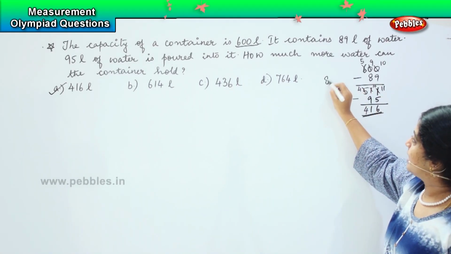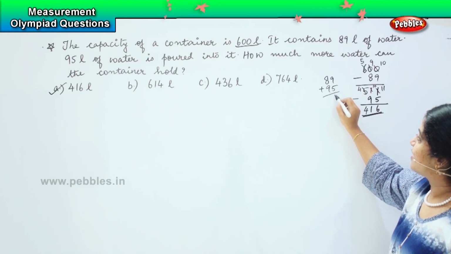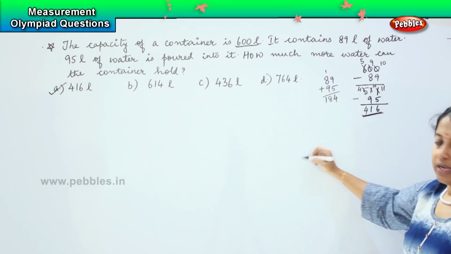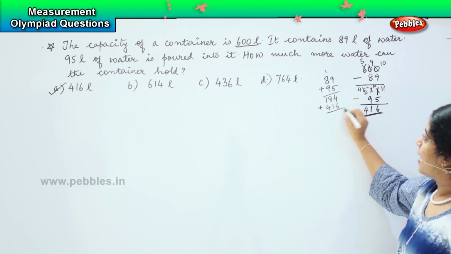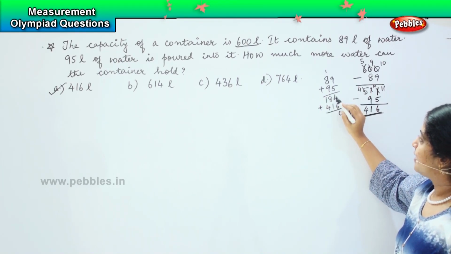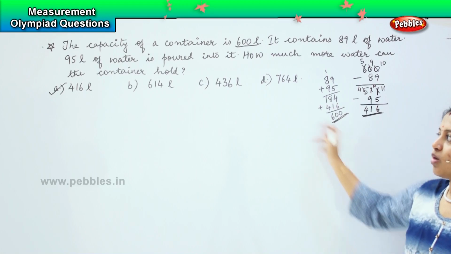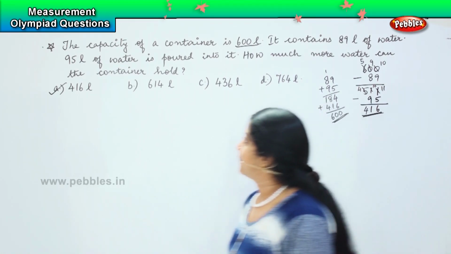First, we will be adding 89 plus 95. So, 9 plus 5 is 14, 1 plus 8 is 9, 9 plus 9 is 18. Okay, we got the answer 416? Sorry, 184. So, if you add this, 4 plus 6 is 10, 1 plus 8 is 9, 9 plus 1 is 10, 1 plus 1 is 2, 2 plus 4 is 6. So, which means you have got the right answer. Clear? Shall we move ahead?